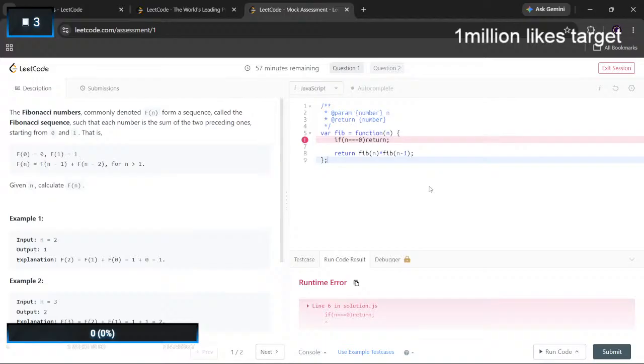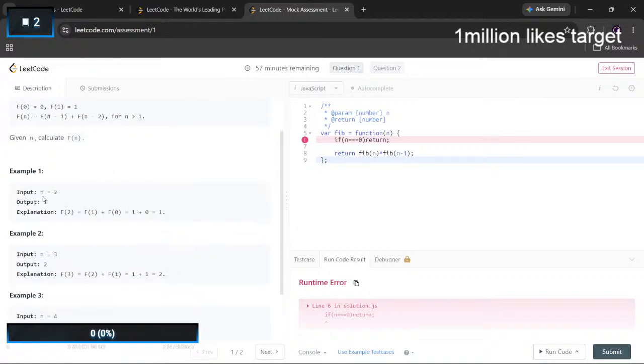The fuck? Fibonacci numbers are commonly denoted as f of n. Form a sequence called the Fibonacci sequence, such that each number is a sum of the preceding numbers, from 0 to 1. Mn is given as 2 n into n minus 1. If my n equals 0, then return. Otherwise, you're going to return the Fibonacci.